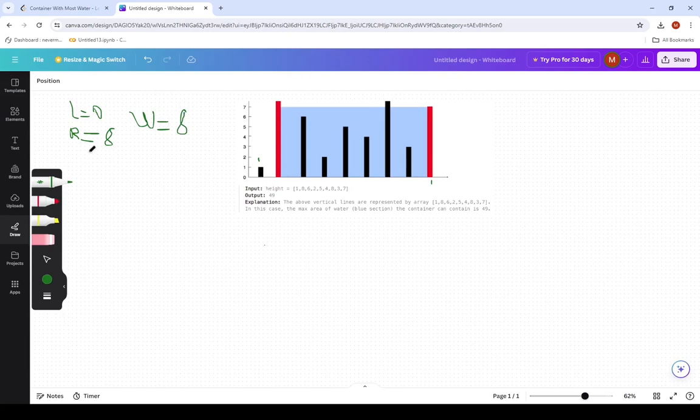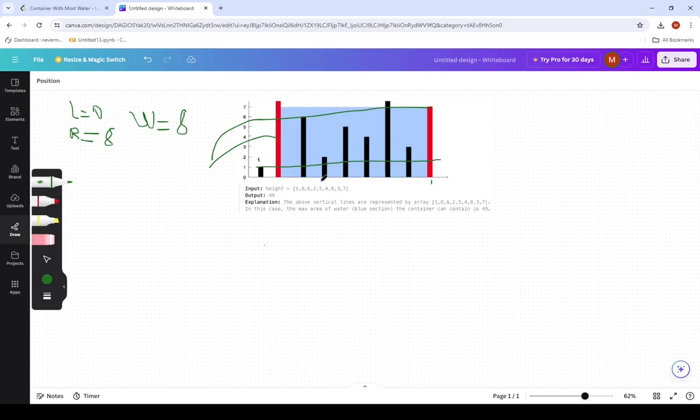Now, for the first iteration, our left is 0 and our right is 8. To get the rectangle from here and the amount of water it can store, we have to take the minimum from both of them. In this case, which is the one at 0, because if we take the last one and add water to it, this first one is less than it, making the water overflow. But when we take from here, the water will always be